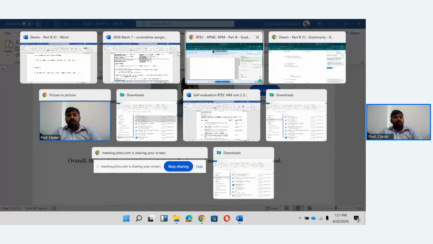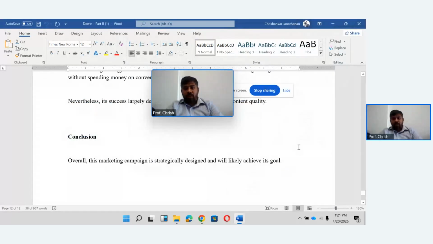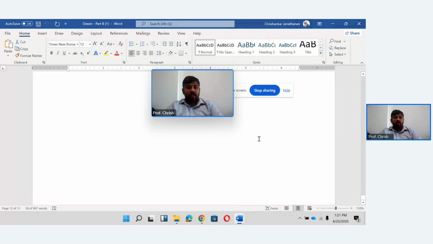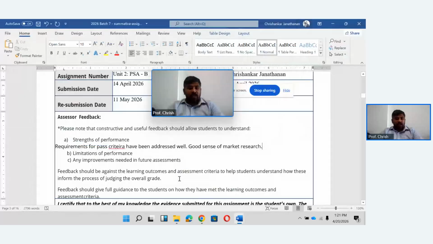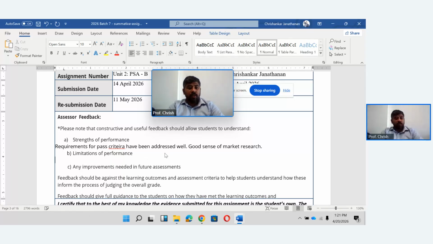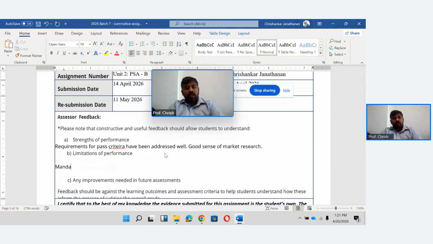So if a question comes in why one document was not passed and only Devin's document is getting passed, the reason is the structure that you have undertaken, but it's also a provisional pass which has to be worked out. Yeah, so mandatory minimum of 15 to 20 references of data sources, in-text references.